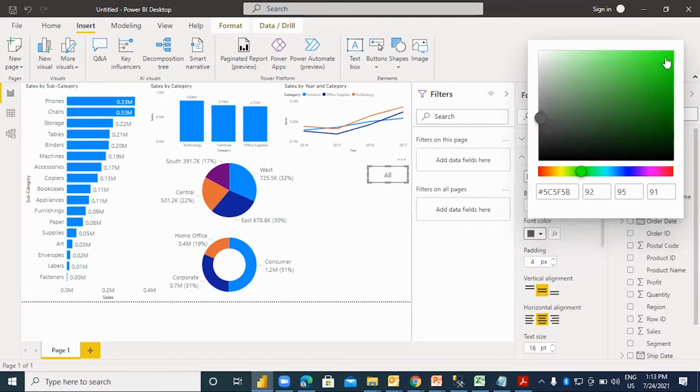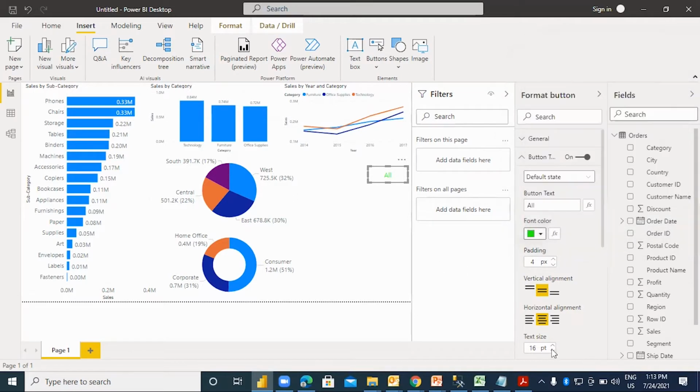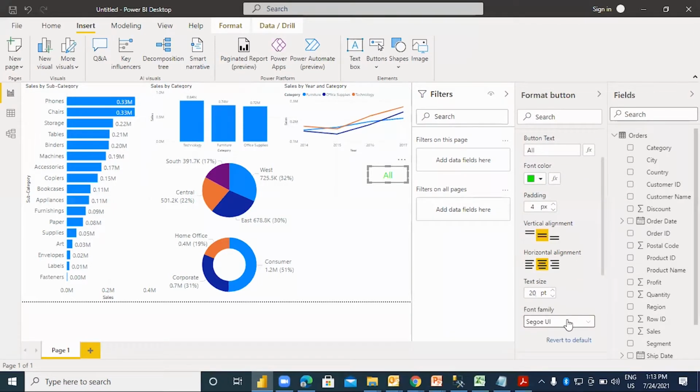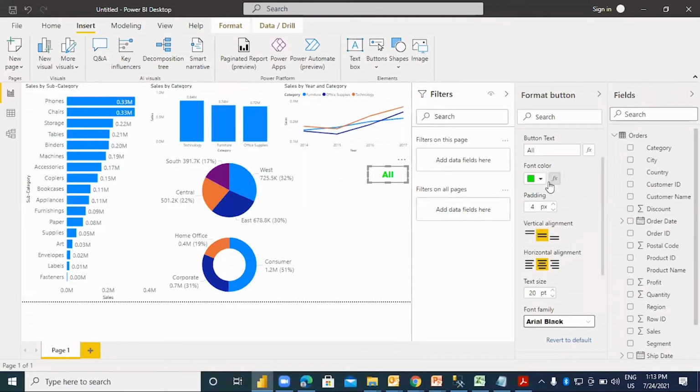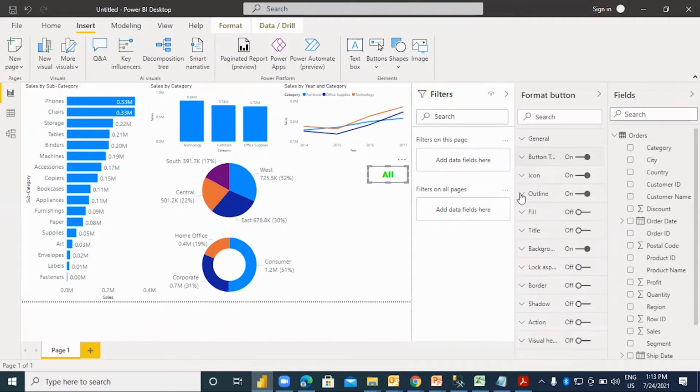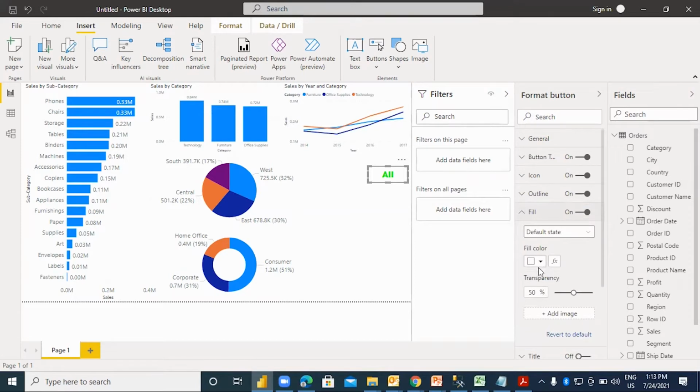Font color, I need it as green. Text size a bit bigger. This is better. And button outline fill. Let us take the fill color as black.